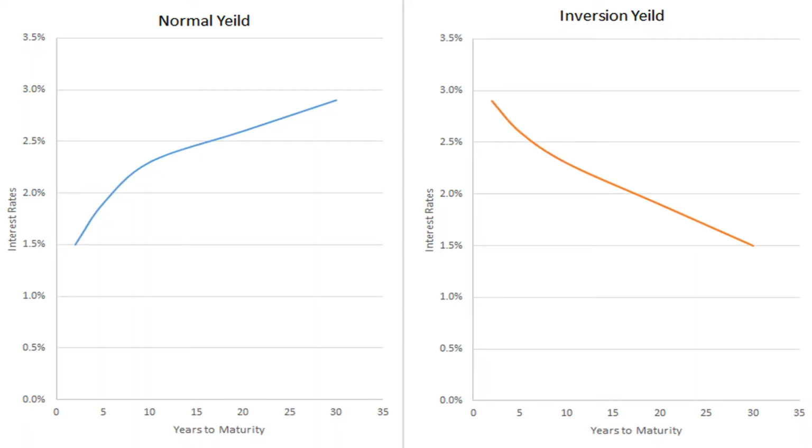Now, in normal conditions, long-term Treasury bonds carry a higher yield than short-term bonds. But recently, investors have put such a high premium on owning long-term bonds as a protection against possible future economic uncertainty and slowing growth that the prices of those bonds have gone higher and higher, and yields move the opposite direction, lower and lower, until the point that we reached yesterday, where the yield on those bonds is now below that on two-year Treasuries.